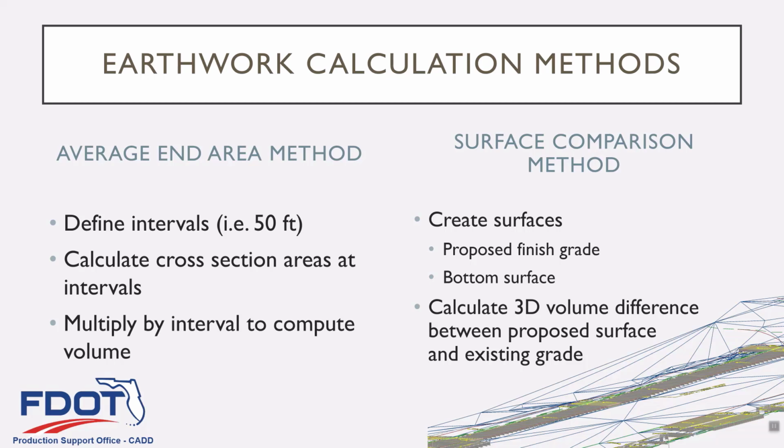sum it up. So by contrast, the surface comparison method, basically instead of doing those intervals, you're taking two surfaces. You have your proposed finished grade. Well, actually there's three surfaces. Let me just clarify. In the 3D deliverables, we created a proposed finished grade, we created a proposed bottom surface, and we created an existing surface. The proposed finished grade